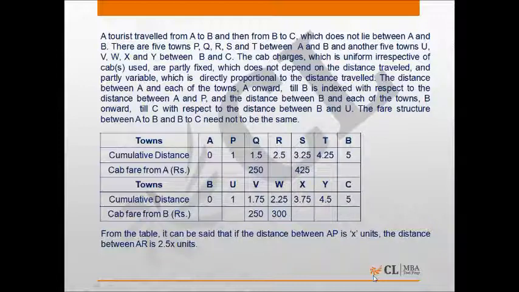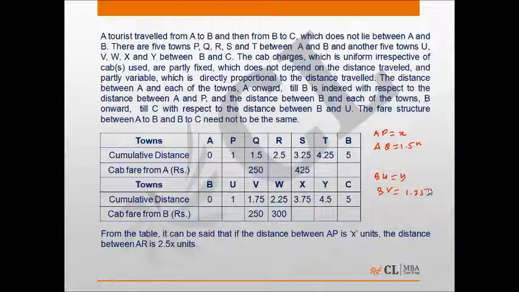The second important thing is that the distance between A and each of the towns from A onward till B is indexed with respect to the distance between A and P. Which means if the distance between AP is x, the distance between AQ has to be 1.5x. The same goes for the distance between B and each of the towns from B onward till C with respect to the distance between BU. It means if the distance between BU is y, then the distance between BV has to be